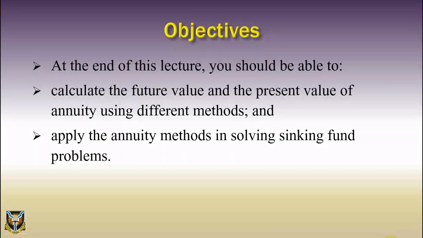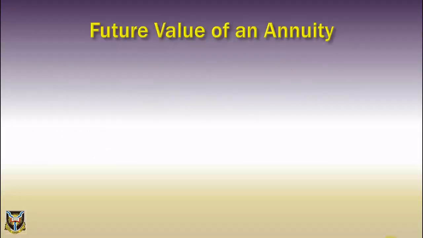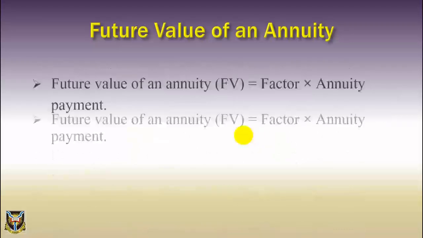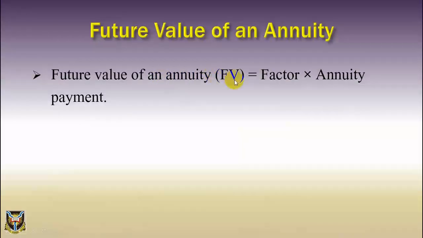Content. A. Future value of an annuity. The future value of an annuity is the sum of all the periodic payments plus the interest that has accumulated on them. In general, we can solve a variety of problems involving the value of an annuity by using the formula below. Future value of an annuity, FV, is equal to